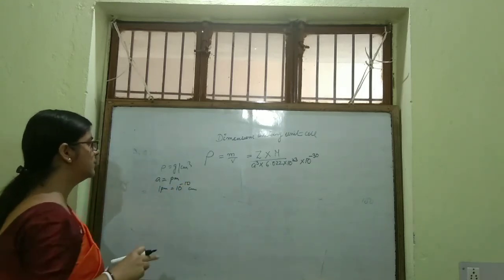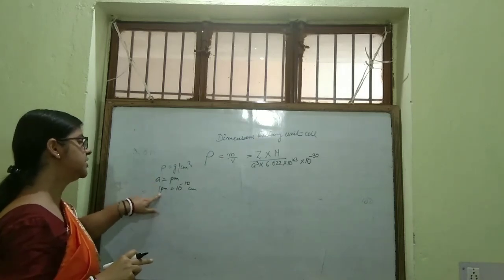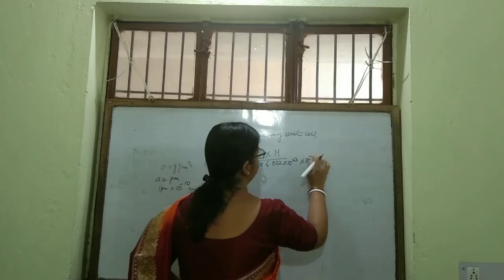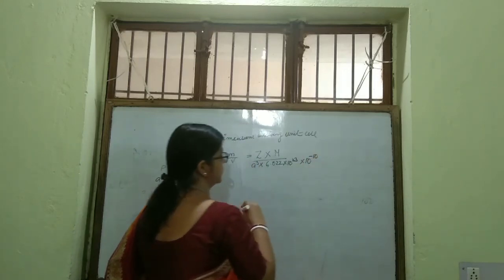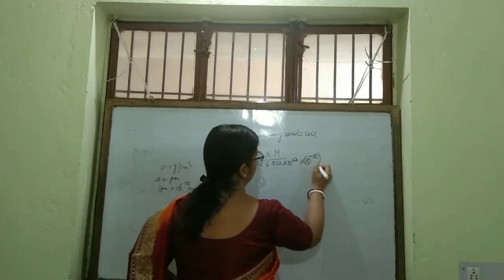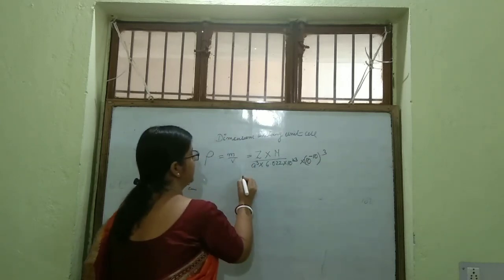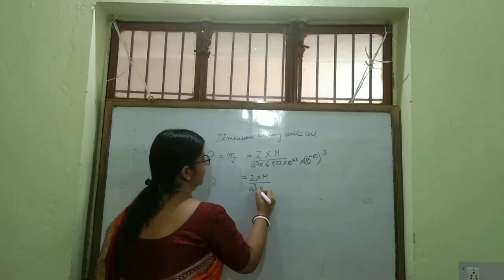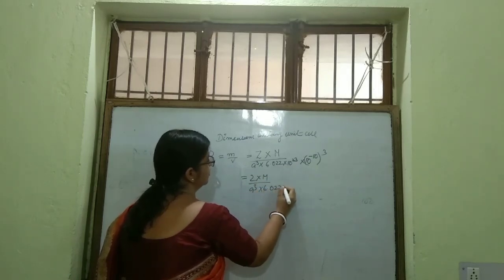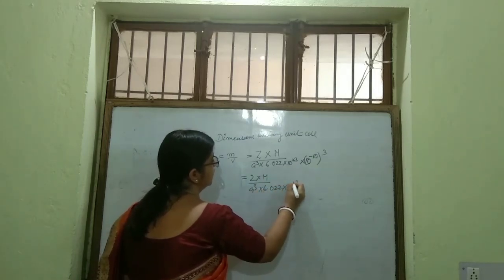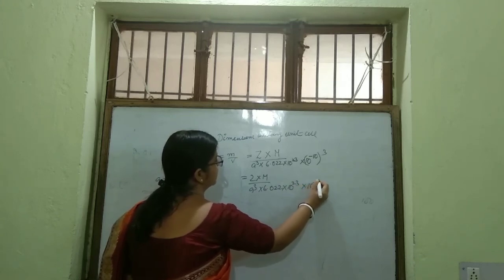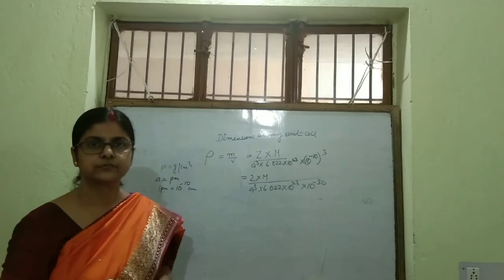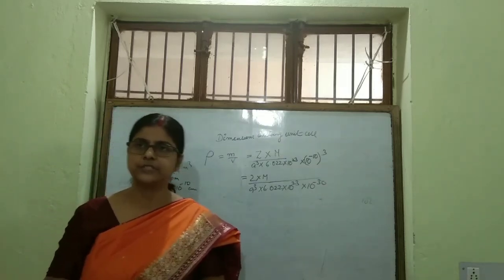So to convert picometer to centimeter, we write this 10 to the power minus 10 and whole cube. So we get this Z into M by a cube into 6.022 into 10 to the power 23 into 10 to the power minus 30. Okay? Now you will see